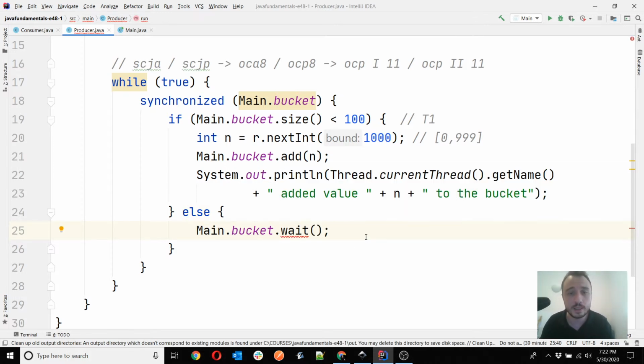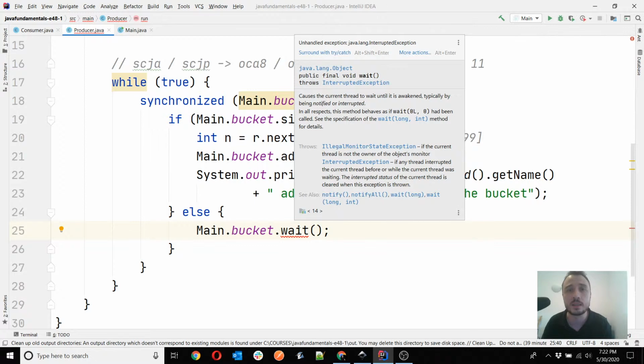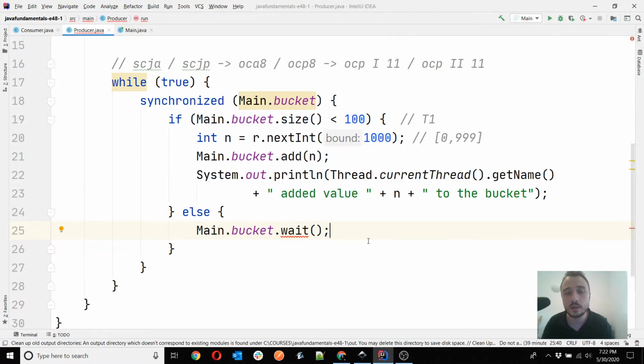Well, you see, wait is one of those methods that puts the current thread to the state blocked. And if you remember, we have discussed a couple of lessons ago that all these methods, in general all these methods that block a thread, also throw a checked exception named InterruptedException. You can see it here. So the reason you see wait being underlined with red here, which signifies a compilation error, is because by adding wait, we now have this InterruptedException, and we have to add a try-catch for it. Otherwise, being a checked exception, our code cannot compile.